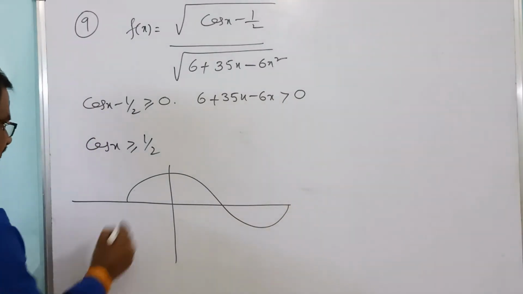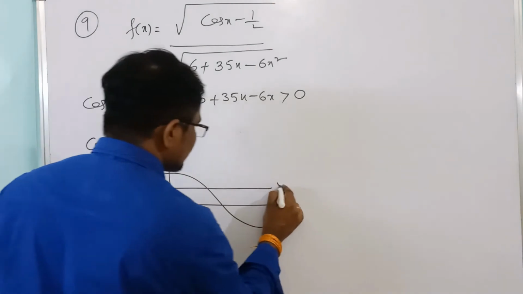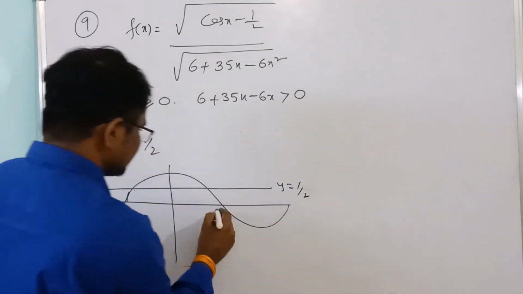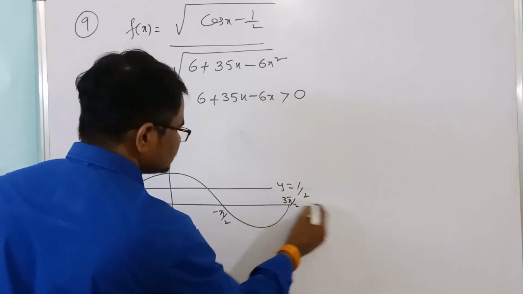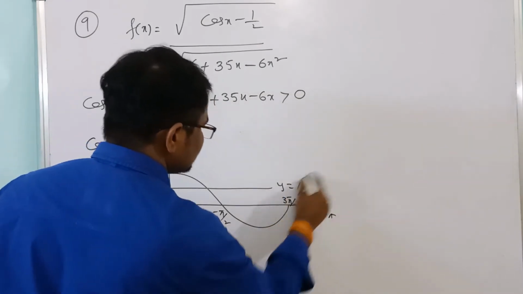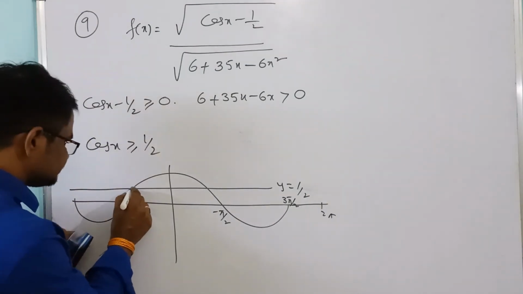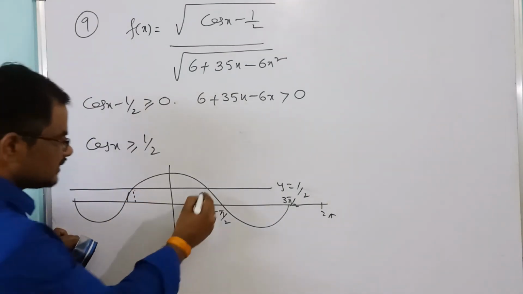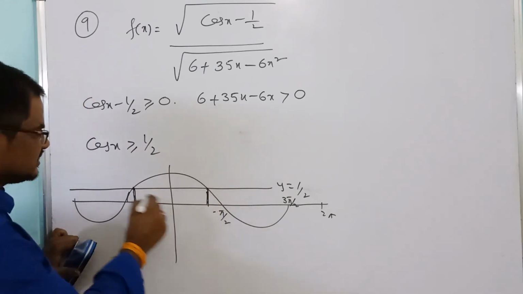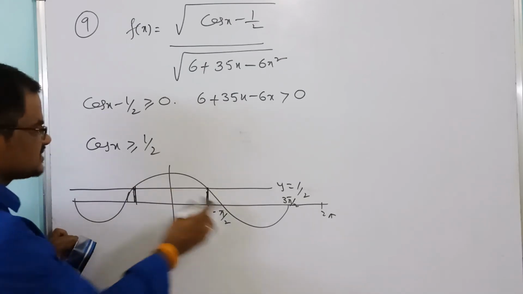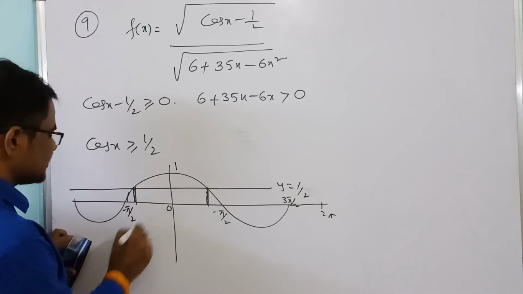So like this. Here this is y equal to 1 by 2. So here minus pi by 2 and here 3 pi by 2. So next to 2 pi, like this you will get. Okay. Now here and here these two are intersecting. Right. So how to take this point and this point? Here 1 is there, here 0 is there and here minus pi by 2 is there.